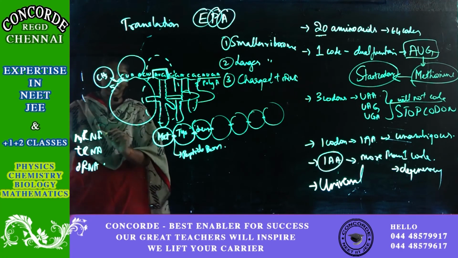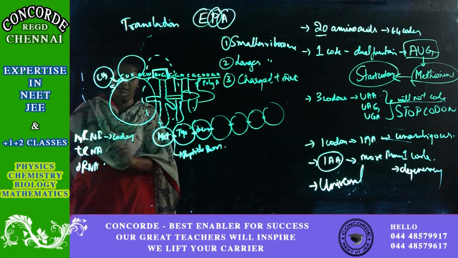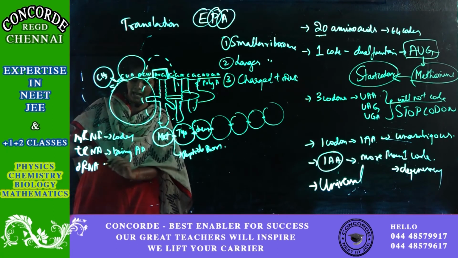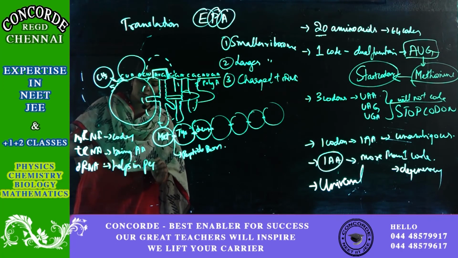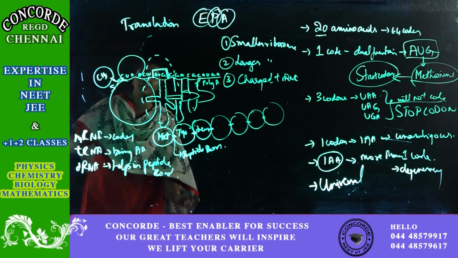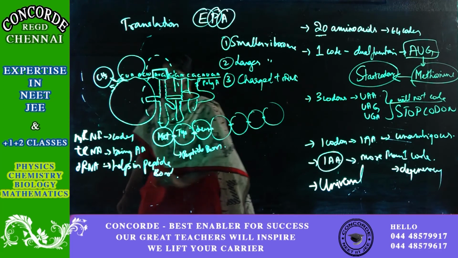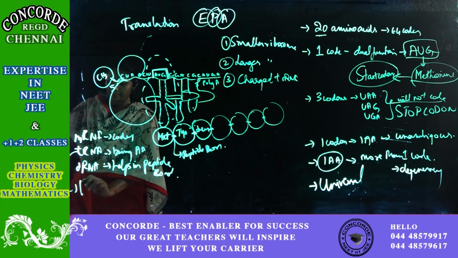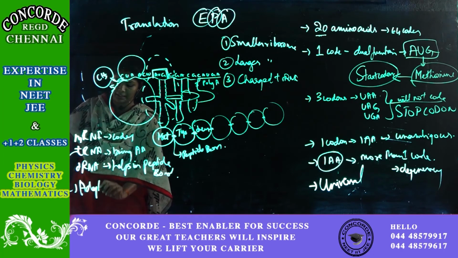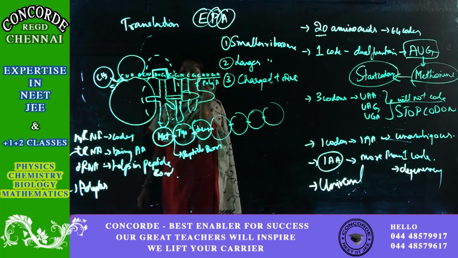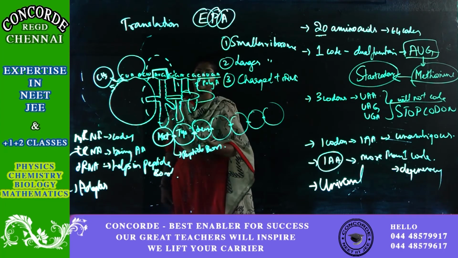Okay, mRNA carries the codes, tRNA brings your amino acid, and rRNA helps in peptide bond formation. rRNA plays an important role in peptide bond formation. So all three RNAs. tRNA is also called an adapter molecule because without tRNA, there is no RNA which can read the code and accordingly bring the amino acid.